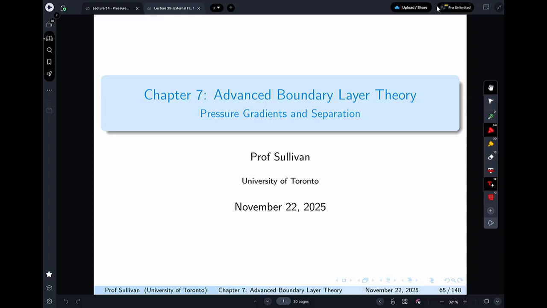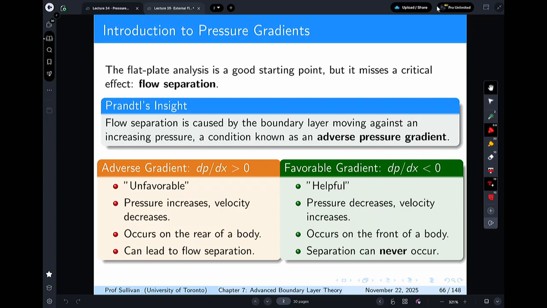It's exciting, isn't it? So we are talking about the final discussion on the more theoretical aspects of boundary layers. Where we have skipped over a little bit was flow separation. Flow separation is caused by a boundary layer moving against increasing pressure, the adverse pressure gradient. So we have two types of gradients that we consider. The adverse and the unfavorable